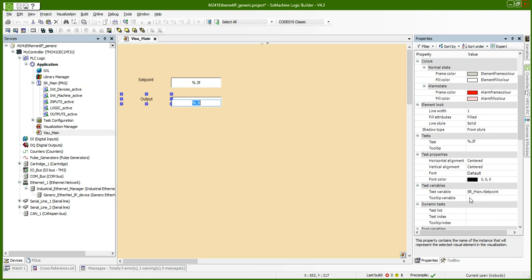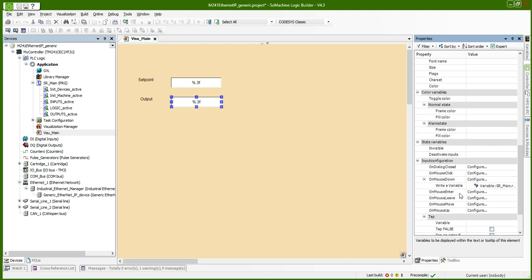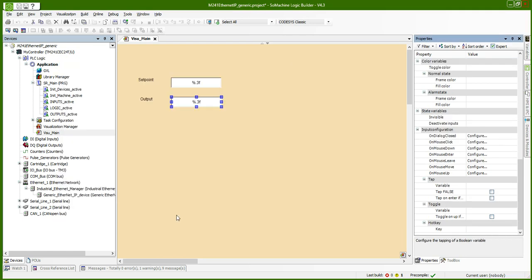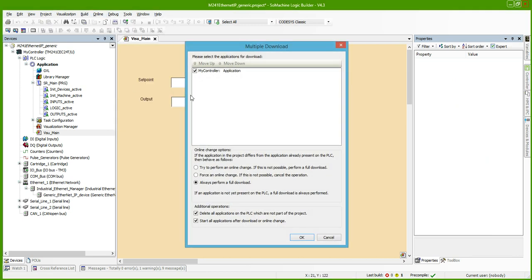We're going to change what we're looking at to the power meter, and since this is not an editable field, we'll double click on configure, and we don't want this to be editable because this is going to be the output of our power meter. So we literally just made a visualization, which is an online HMI, so that I can come in and look at these two variables. Now I have a PLC sitting here for me to download to,